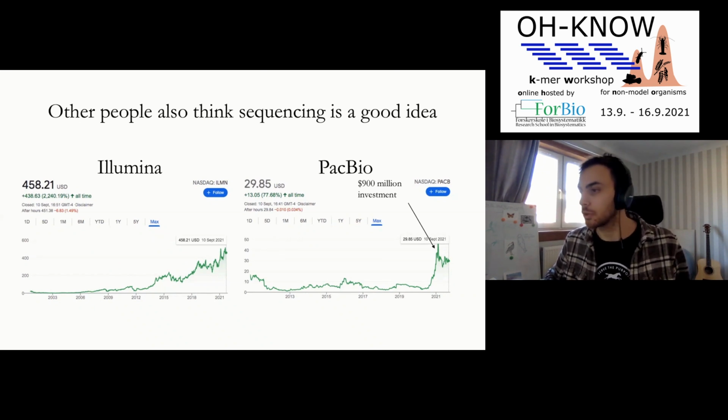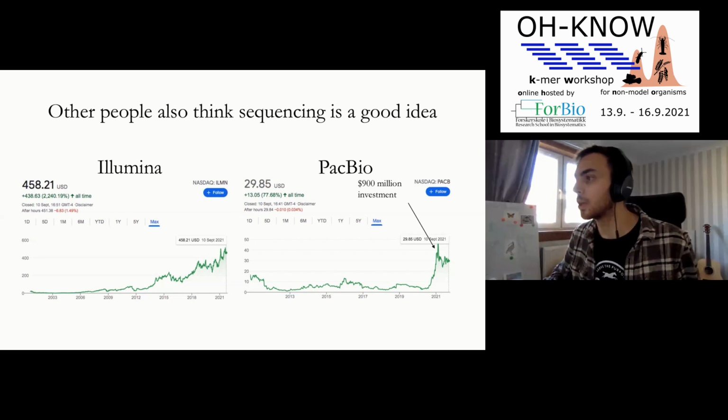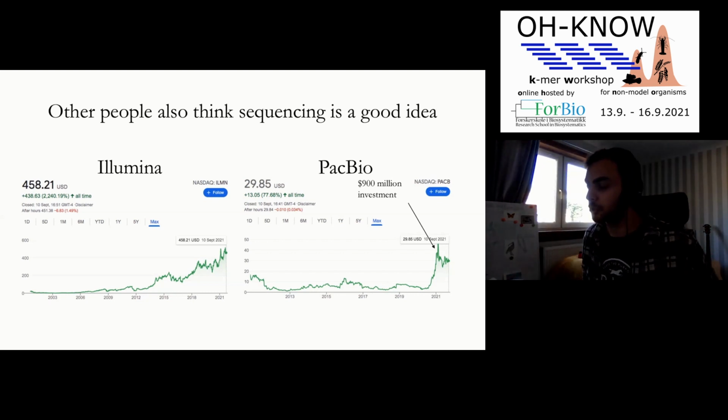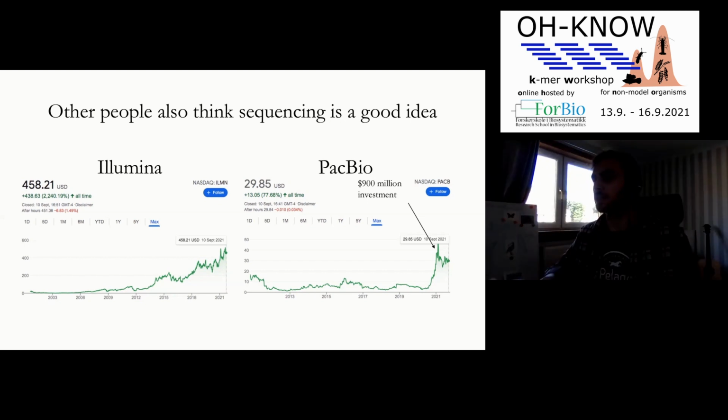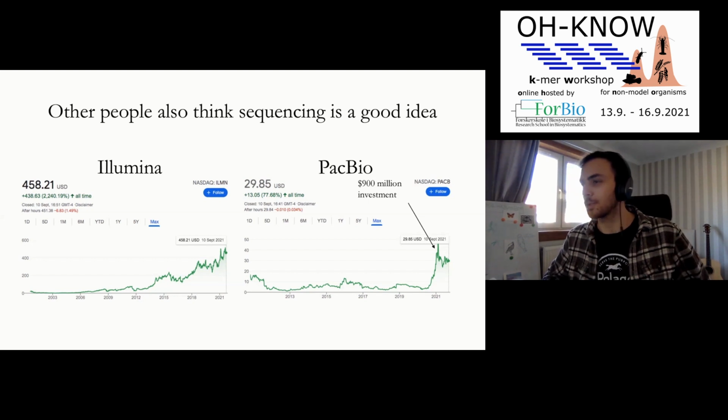And most of us, I think, who don't work on humans are having the residual benefit. So although the drop in price is not as drastic as it once was, there still is a drop in price. And I think competition between at least these two companies is still going on, although they did almost merge a couple of years ago. So who knows what will happen in the near future.